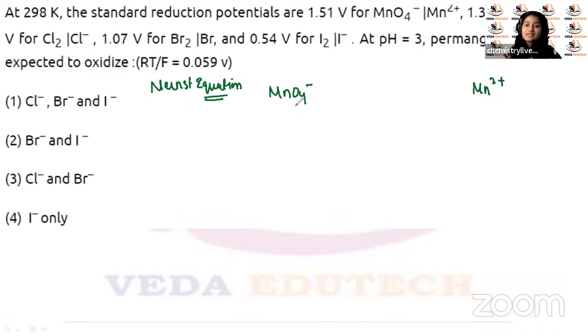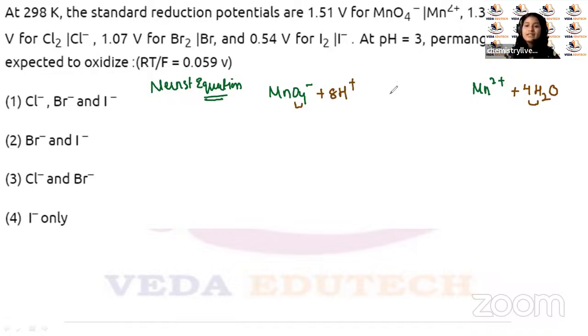तो यहाँ पे 4 ऑक्सीजन है। कितने ऑक्सीजन है? 4 ऑक्सीजन। जहाँ पे ऑक्सीजन नहीं है वहाँ पे उतना वाटर ऐड करो। यहाँ पे 4 ऑक्सीजन है, यहाँ पे ऑक्सीजन नहीं है। पर कितने ऑक्सीजन नहीं है? 4 ऑक्सीजन नहीं है, तो 4 ऑक्सीजन ऐड करो। 4 ऑक्सीजन ऐड करने के बाद यहाँ पे 8 H हाइड्रोजन आयंस हैं। पर यहाँ पे हाइड्रोजन आयंस नहीं है, तो जितने हाइड्रोजन आयंस नहीं है उतने H प्लस ऐड करो।